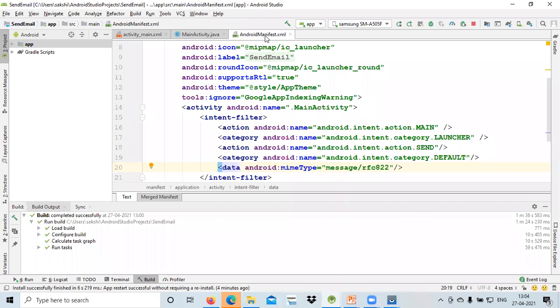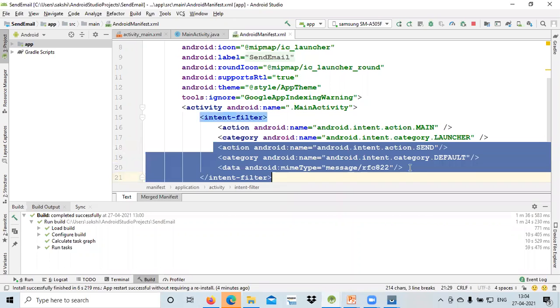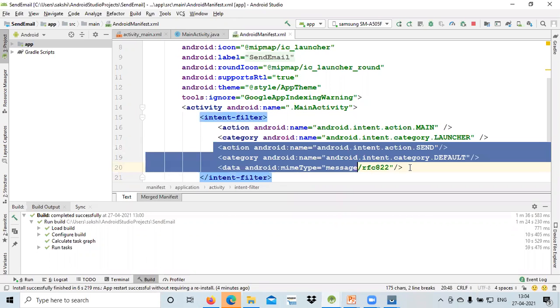So you can just see over here that in case of this particular portion, we have added all these 3 lines in the end of this manifest file. One is your action name, category name, and what type of data we need to send. We have to add all these 3 lines under this manifest file. Is it clear? Yes, student. Kindly give me response. This is clear?